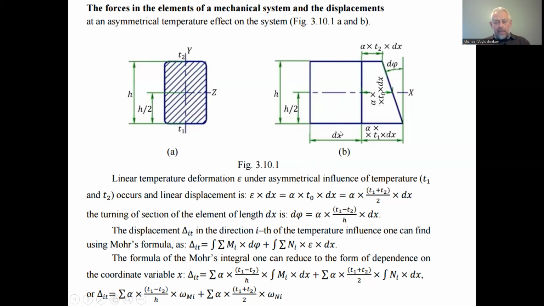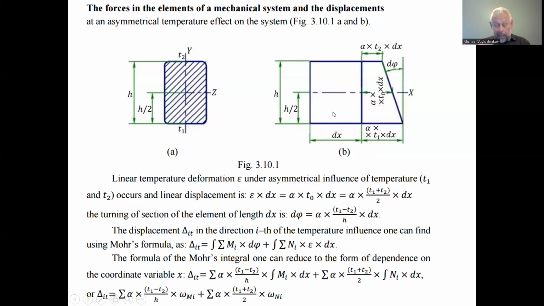This small piece of rod experiences a temperature difference. On one side it has the temperature T2, on the other side T1. So due to linear distribution of the temperature,